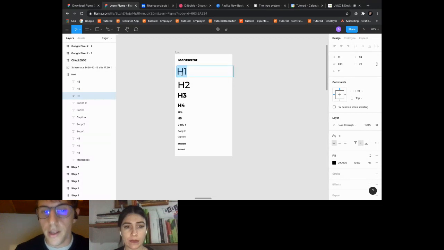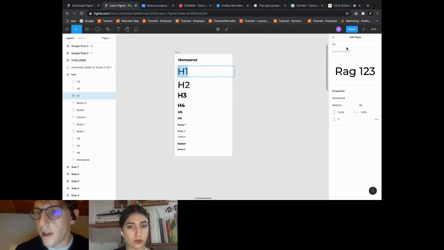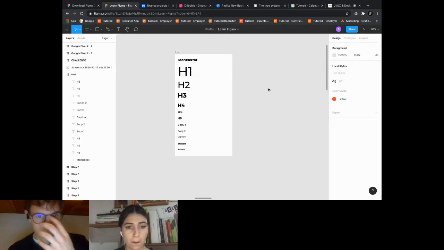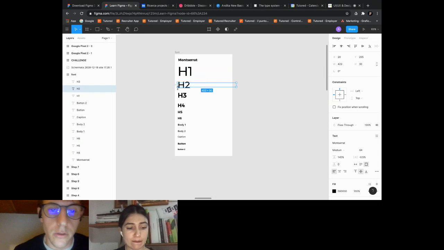So this is H1 that we have created before, but as you can see, the size is wrong. So we can edit our font style. I want to do 92 pixels. Okay, and now we are going to create the other font styles.